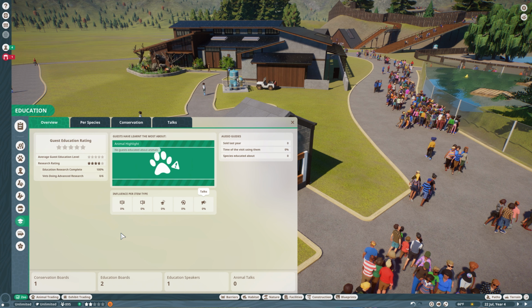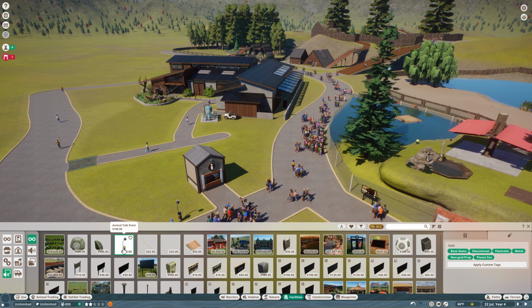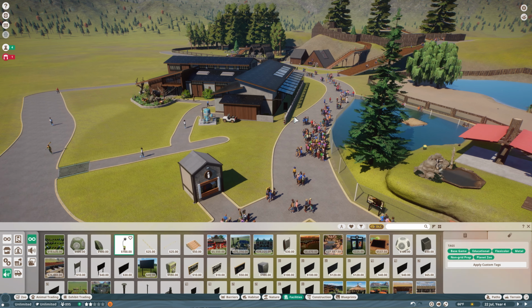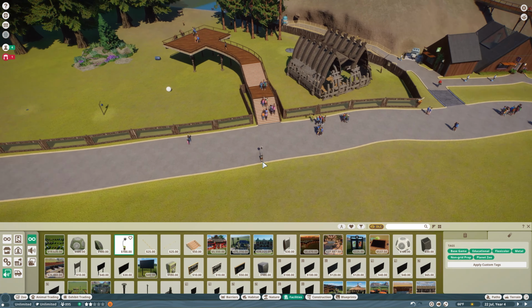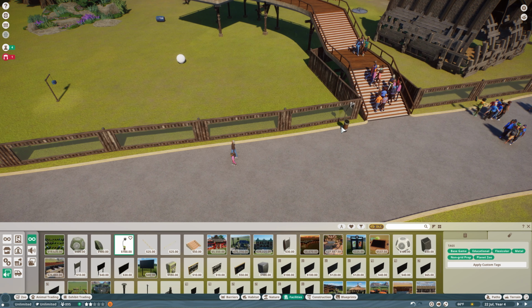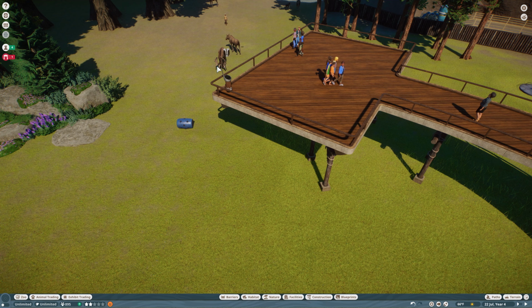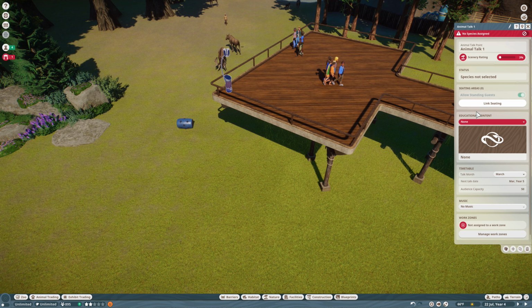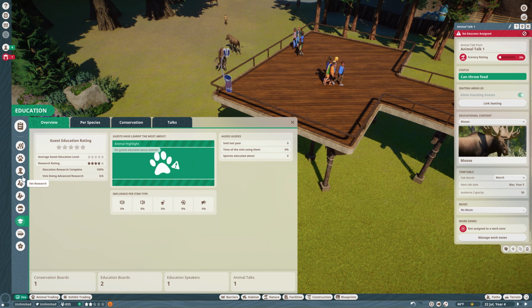Education talks are somewhat newer to the game, but you can get those by creating an animal talk point. And let's say we put one right in here. Actually, I'm trying to decide where I want it, but we'll just set one here. And we could probably just put it up here, and they could get somebody up here. If we click on that, then we can change the species selected. Let's go ahead to moose, and we need to make sure we have an animal or an educator, which is